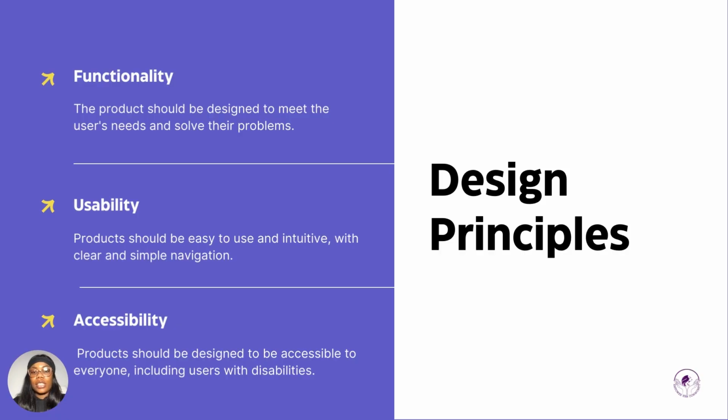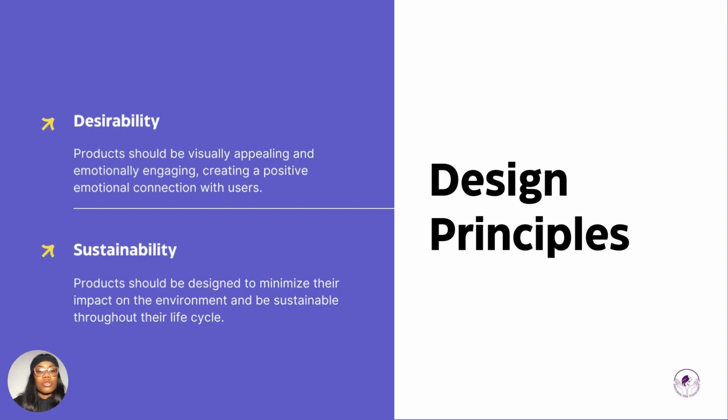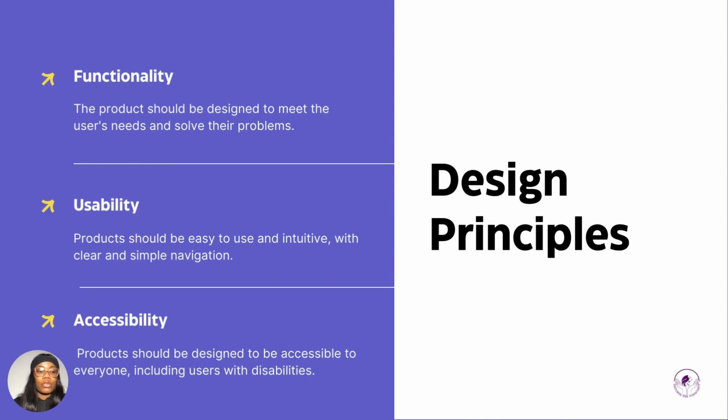Okay, so the next thing is design principles. Design should be functional, which is the first one. It should be usable. It should be accessible, right? Design should be desirable and it should be sustainable, right? So I want you to always know that a design, when done well, should be functional. It should be able to meet the user's needs. It should be usable,